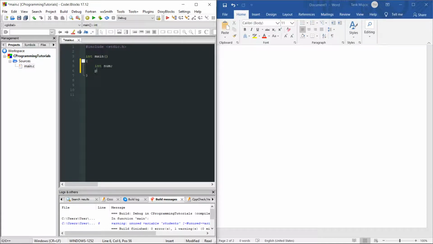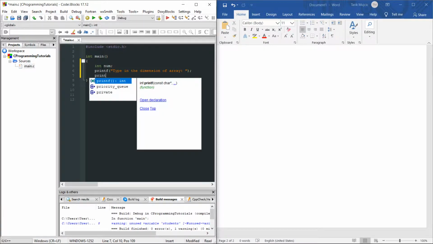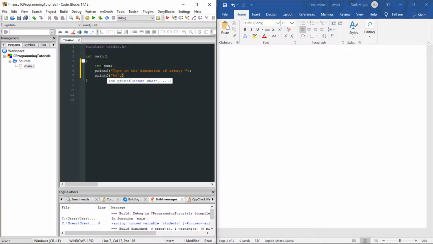Okay, and right here I will printf. I don't know, it can be used for anything. Basically it can be used how many students do you have, or how many sales did you have today. But I will just type here, type in the dimension of array, and here I will scan that number and place it here in this variable. And then right now after this printf, and this needs to be scanf, sorry,